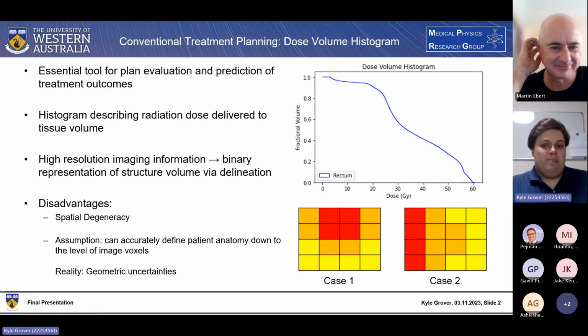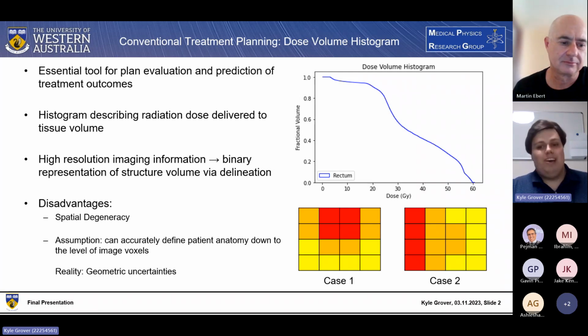For radiotherapy treatment planning, an essential tool that's used for plan evaluation and the prediction of treatment outcomes is the dose volume histogram. This histogram is used to describe the radiation dose that's delivered to the tissue volume as a fractional volume of how much is actually receiving each dose. From this, you're able to extract certain dose parameters that can be used for plan evaluation or